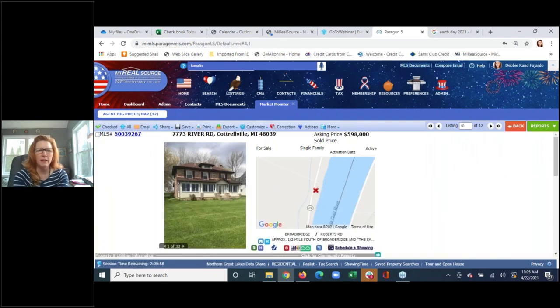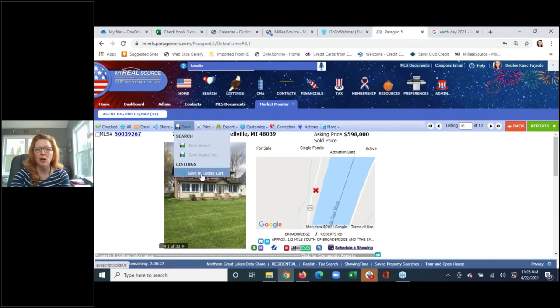Oh, my client, she really wanted to be on the river. I know it's not the Harson's Island part of the river, but I've got to show her this house. I really do. How do I get this listing to my client? I want to put it in my client's Collab Center. Because what happens if maybe she doesn't like it today, but next week she's like, you know, that house actually is a great house. So that's why we're going to save this listing,